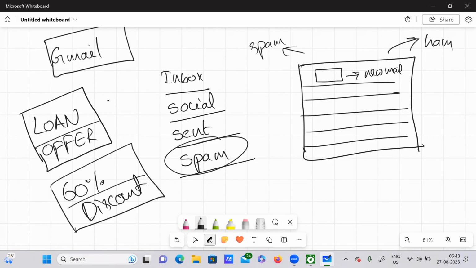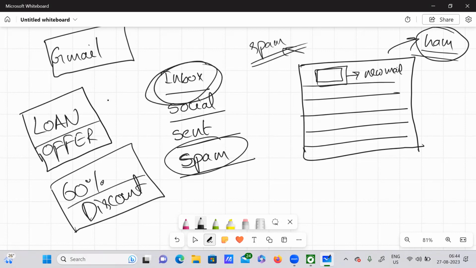If it contains any spam keywords, then automatically it classifies under the spam category. And what is meant by ham? Ham, in the sense, is normal; it doesn't have any keywords related to spam. It's a pure, normal mail. If it is spam, our machine learning algorithm automatically classifies it and pushes the new mail under the spam folder. If it does not have any keywords related to spam, then the new mail would come under your inbox category.